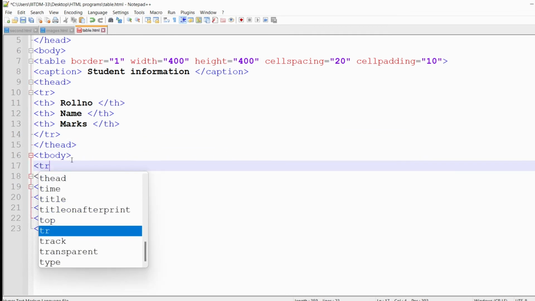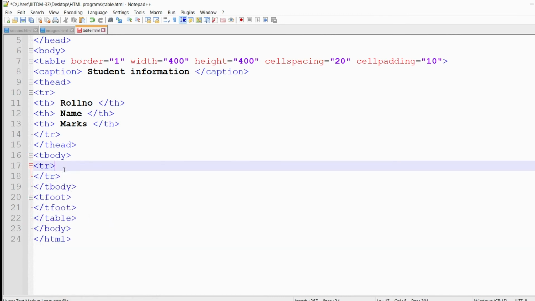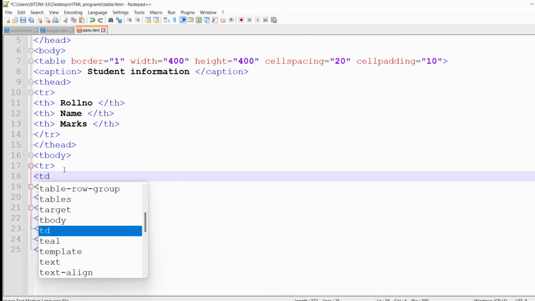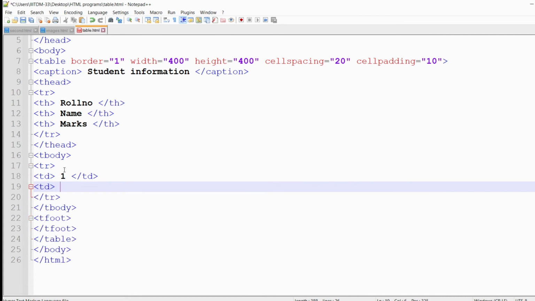Let me provide tr open and tr close. Let me provide the table body. So in the table body, let me provide the data inside the row. So table data I will write using the td tag opening and closing, and similarly I will open the td tag and I will write the Jagadish, then let me close the td close tag, and let me copy this